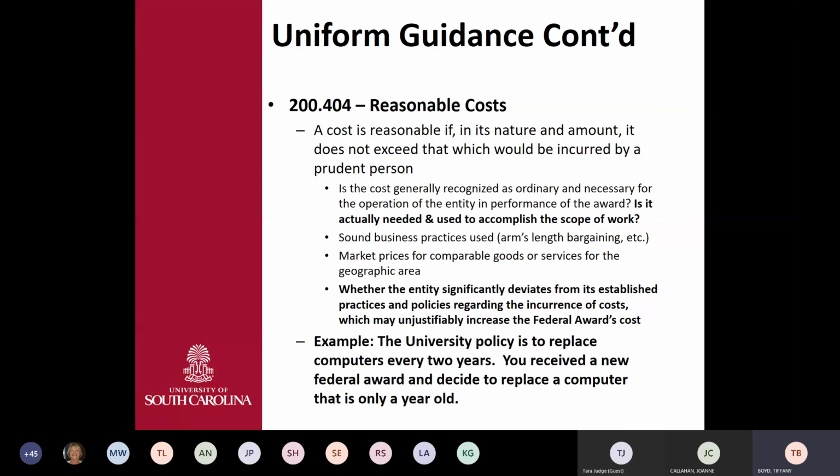Market prices for comparable goods and services for the geographical area. Again, are you procuring supplies or services from across the country and paying freight and delivery and all that stuff when there's something within the state that you could incur